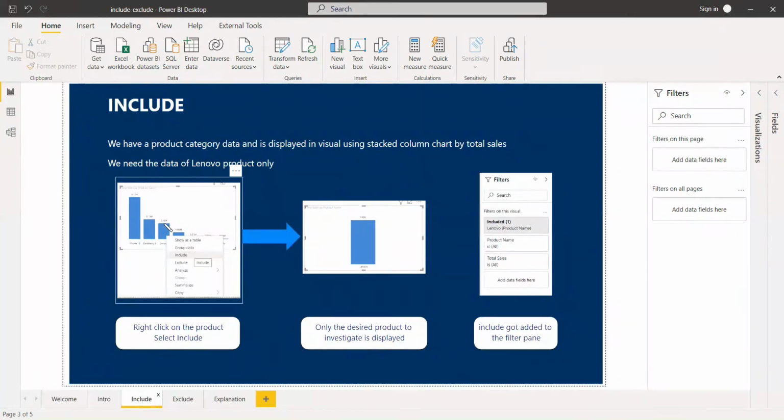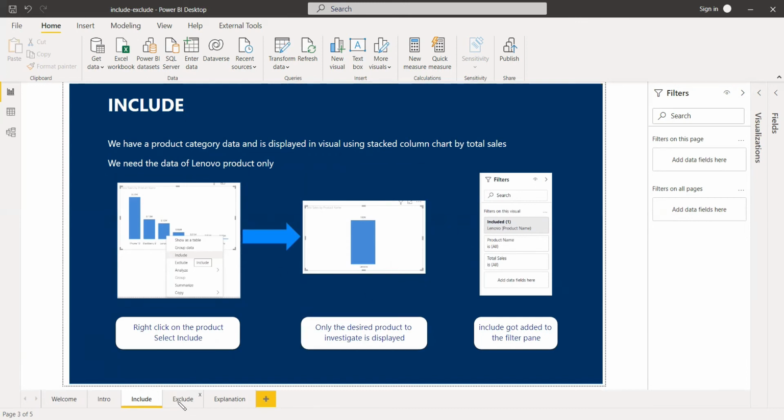For example, it is Lenovo. You need only this data to search or investigate. So you can just right click on it and include. See what happens. Only this product is shown. Remaining everything is taken out. At the same time, when you check the filters, it will be included in the filters. No need for you to go to the filter pane and do the filtering there. Just right click and do it here.